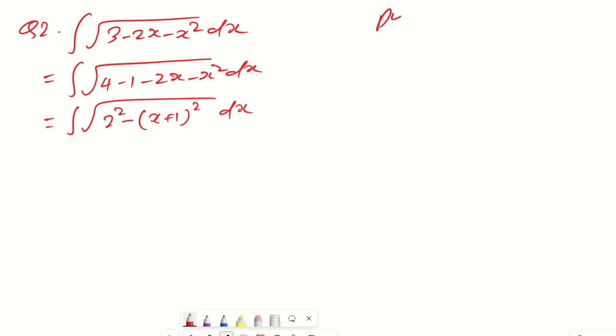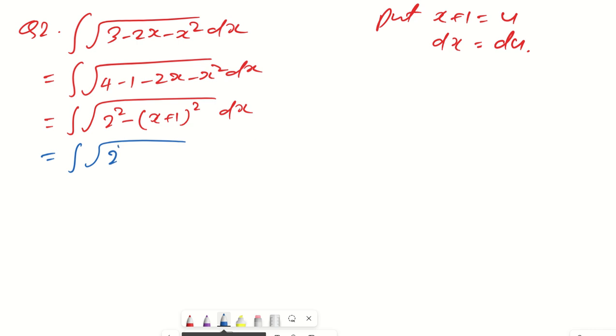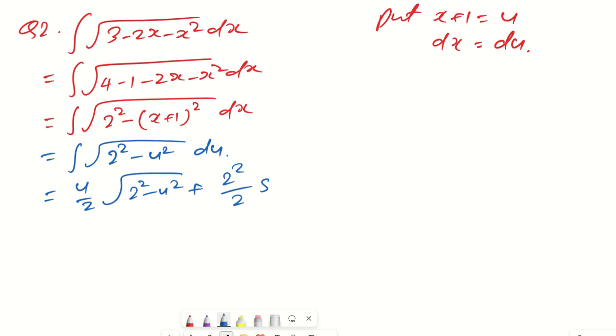So let us put x plus 1 is equal to u, then we are going to get dx is equal to du, right? So if we replace that, then we are going to get the integration of the square root of 2 square minus u square du. Okay, so you know already the formula for a square minus u square, what was that? It will become u by 2 square root of a square minus u square plus a square, that is 2 square by 2 sine inverse of